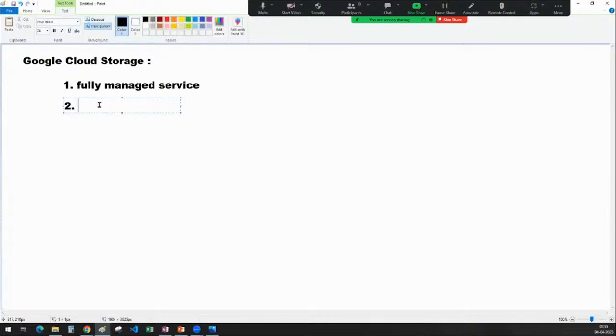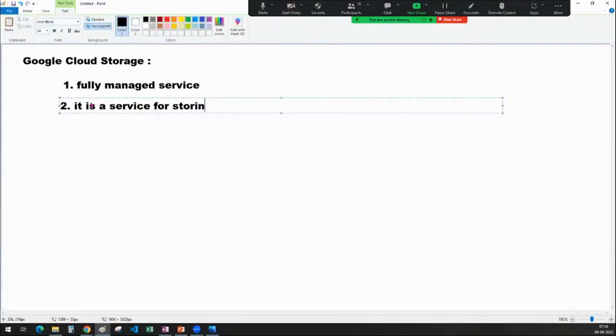Sir, now I understand that it is a fully managed service. So the infrastructure will be taken care of by the GCP. That is fine. So now tell me what kind of a service the Google Cloud Storage is. What is the main intention of having a Google Cloud Storage in the GCP? So if you ask me, it is a service